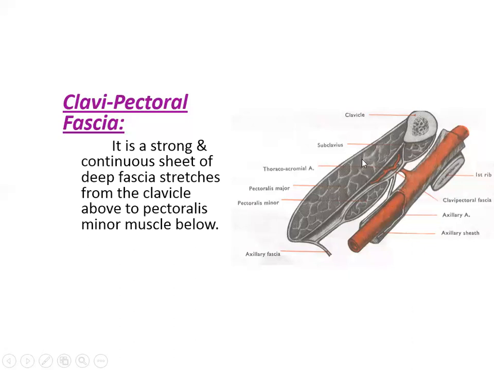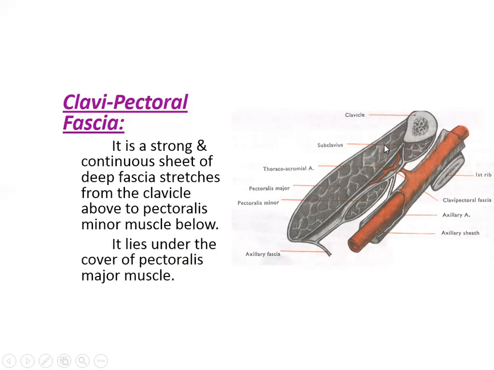If you see here, this is the pectoralis major, this is the side view, cut view, cross-sectional view. In front of the pectoralis major muscle, there will be a fascia, anterior to that. That will be called the pectoral fascia in front of the pectoralis major muscle. Then deep to that, there are two muscles, the pectoralis minor as well as the subclavius. There's the clavicle here, and just below the clavicle is the subclavius. So these two muscles are also covered by a deep fascia called the clavipectoral fascia.